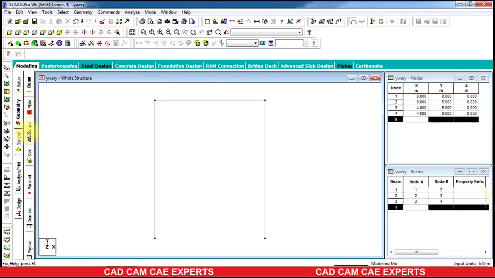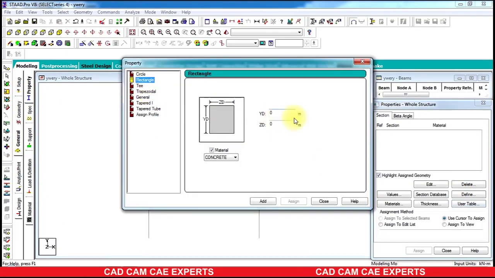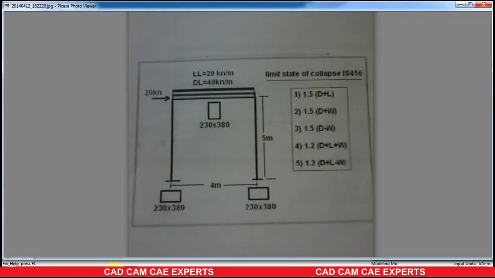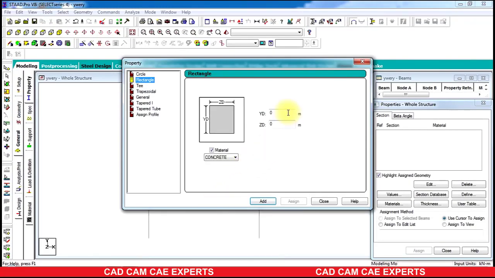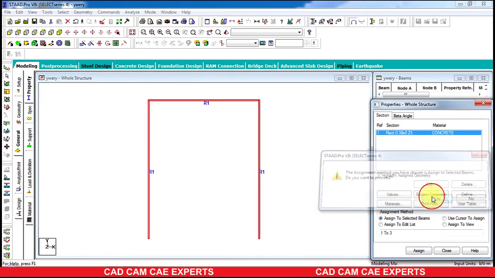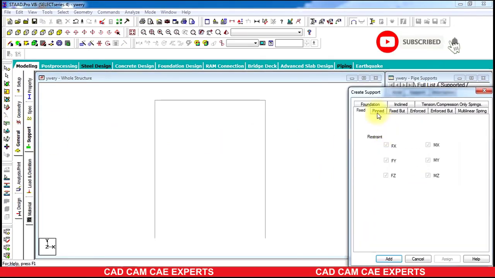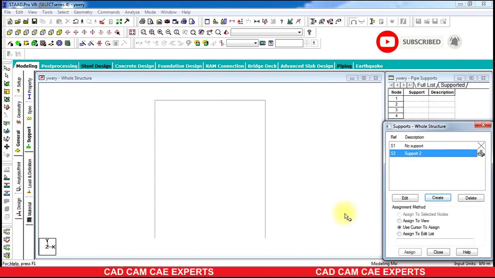You can switch off the grid, go to general, define property rectangle which is 0.38 by 0.23, add, close, assign to the entire structure, assign, yes. Now select the support, create fixed support, add, select fixed support, assign to the nodes, assign to selected nodes, assign,